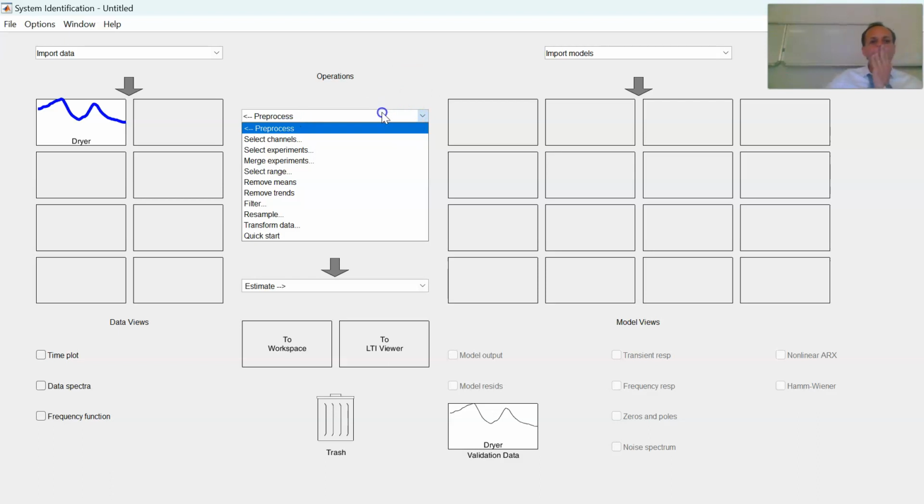Normally in pre-processing, if you have multiple inputs, multiple outputs, you can select a specific channel or an experiment. You can have more experiments, and more experiments means more data. So you can also select one experiment, a set of data, merge data, and select the range. You can remove the mean of your sequences, and the trend. You can filter depending on specific time or frequency ranges, resample, make a transformation,